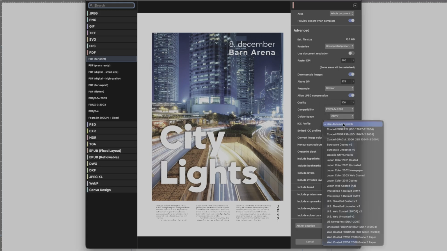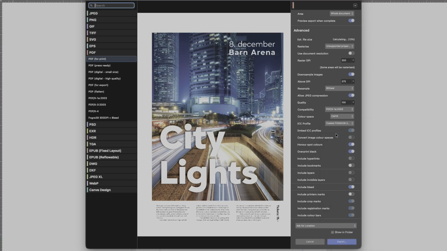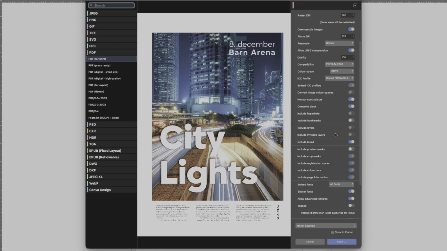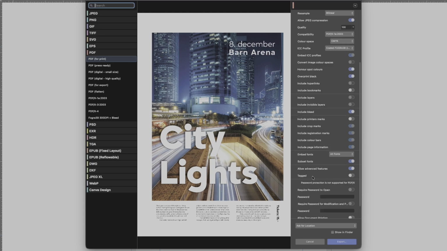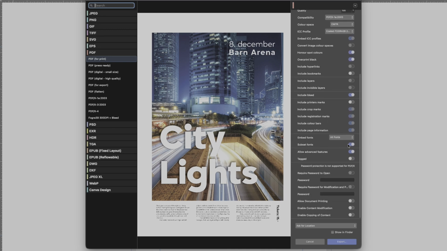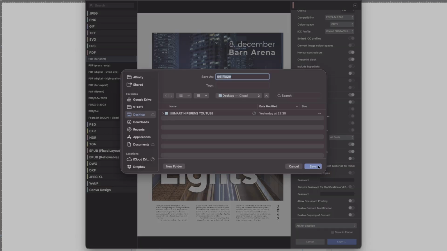ICC profile, you should ask your print house. I know for me, 99% of the time I send print files, it's Coated FOGRA39. But you should ask your print house what they want. What else? Then, of course, include bleed and subset fonts and export and save.